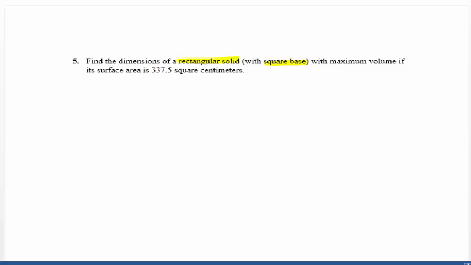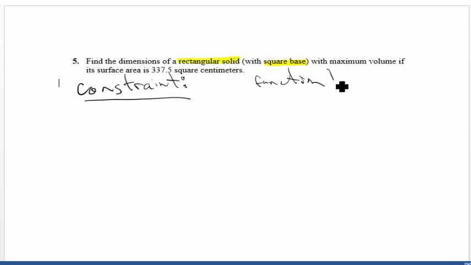All right. So as with the other ones we had done, we're going to have a constraint, or constraints plural, and then we're going to have a function to optimize. And again here we're finding a maximum, right? We want the maximum volume, so we're maximizing. All right, so the constraint in this case is the fact that the surface area has to be 337.5 square